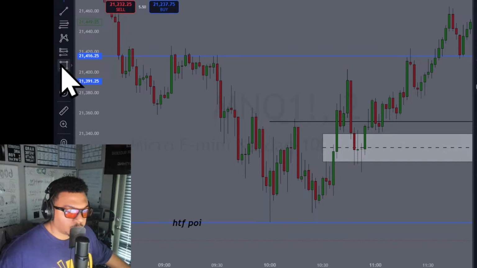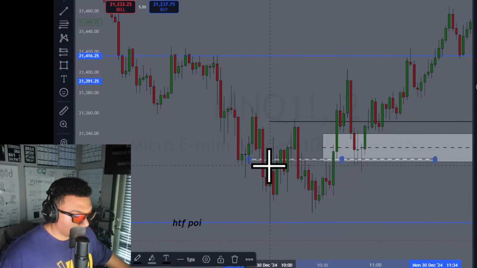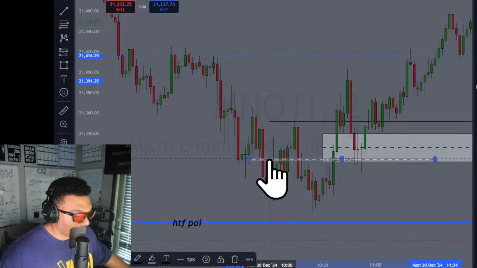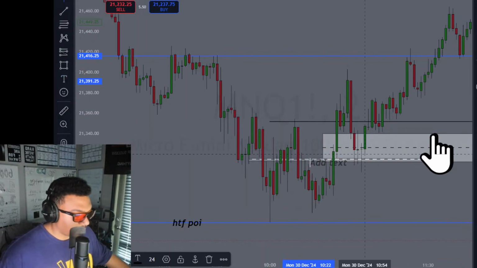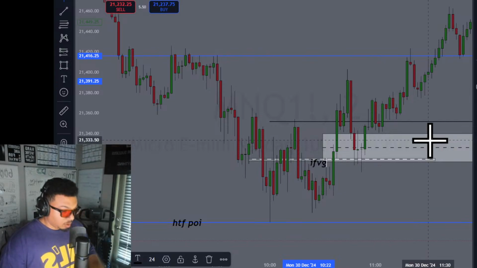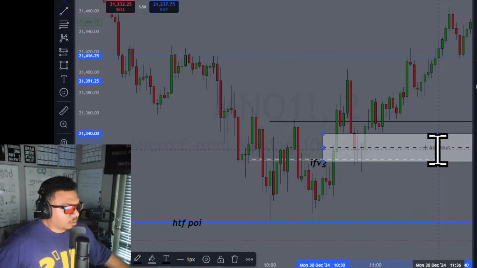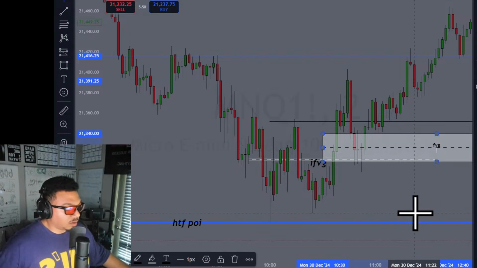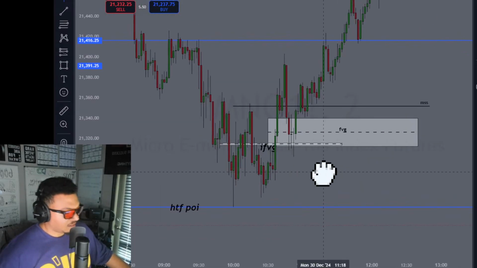So here we go. This fair value gap right here eventually failed and was used to go bullish, right? That IFVG, which if I try to type it in there, it'll be too small, so I'll just type it right here. That's the IFVG. Then right here is the fair value gap. Now, if you align both of those, that in itself is its own trading model. With ICT's concepts, you can create hundreds, if not thousands, of trading models. He has labeled a few of them.